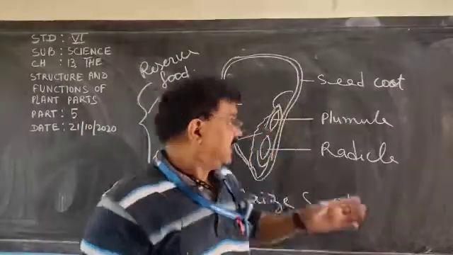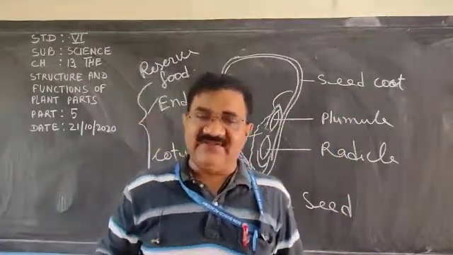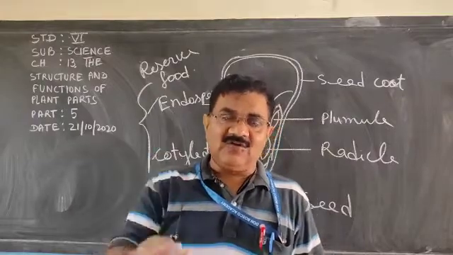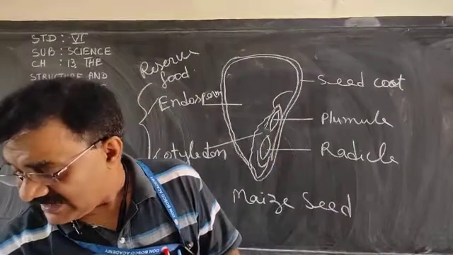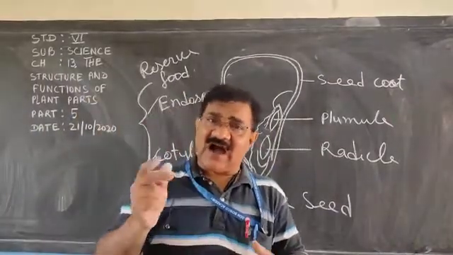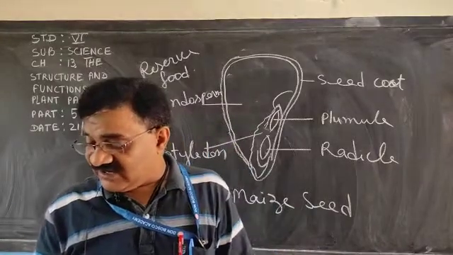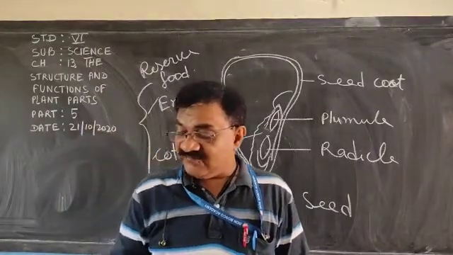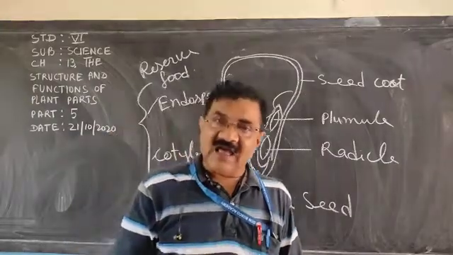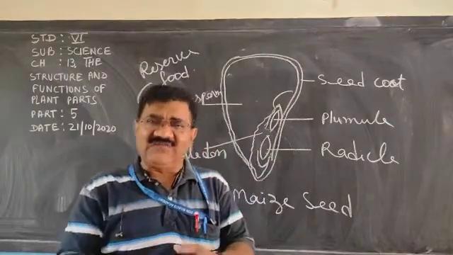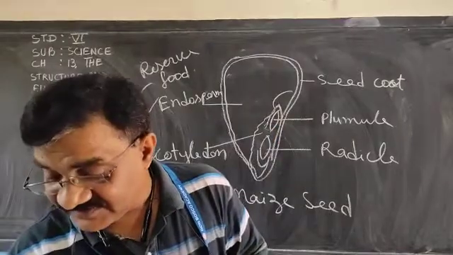It is necessary that seeds should be scattered far and wide so that each and every seed can get proper amount of sunlight and nutrition, and can grow well. And it can be done. How will the seed move from one place to another place? It can be done by natural agents like wind, running water, animals, and birds. And scattering of seed by the natural agent is called dispersal of seeds.